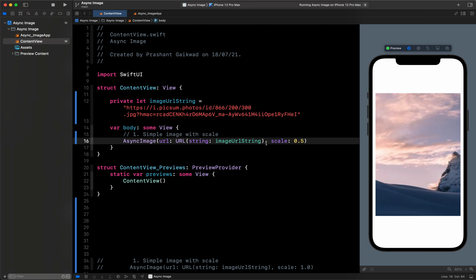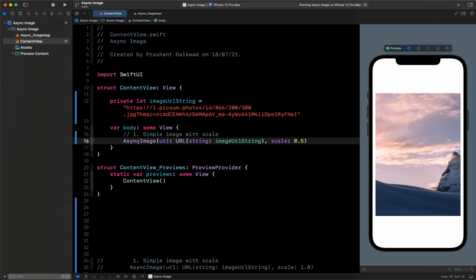This is why we use the scale parameter in AsyncImage. As you have seen, I just wrote AsyncImage and passed the URL, but the rest of the async work of downloading the image and showing it is done by AsyncImage for us. We do not need to write any other code.